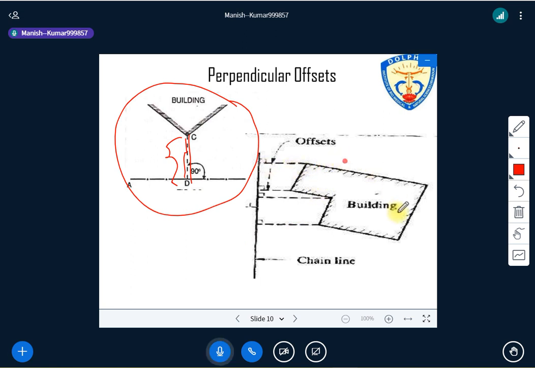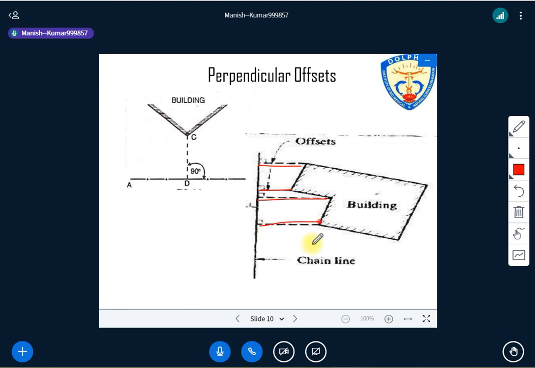Similarly, if there is some other kind of feature, just look here. Again, some lines have been drawn there. We are locating all these aspects of the building through this chain line. We are making the right angle here also. So this is perpendicular offset. Is it clear? It is not so difficult. If it is a chain line and your house is there, and you draw one perpendicular line and measure the distance, this is perpendicular offset, or right offset, or rectangular offset. Is it clear to all of you now? Perpendicular offset.